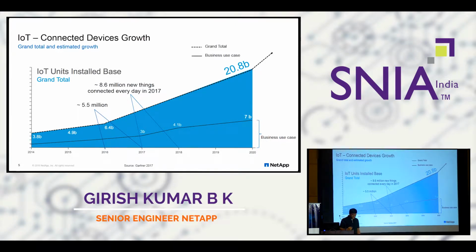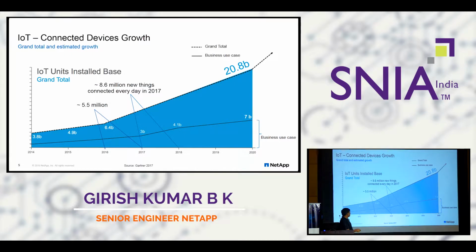Okay, so this is just to give you a feel as to at what rate the connected devices are growing, right? And you can imagine the amount of data that is being created with these devices. So here, just to highlight, in the year 2016, 5.5 million connected devices have been added. And if you go to 2017, it's 8.6, a healthy growth, right? Somewhere around 40 to 50% growth. And it is projected to grow all the way up to 20.8. So this is a ballpark number. It could be more or it could be a little bit less, but we are somewhere near these numbers.